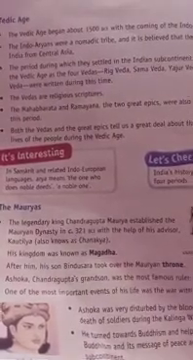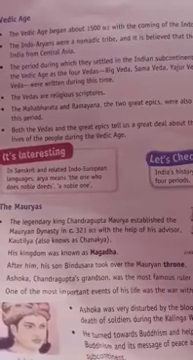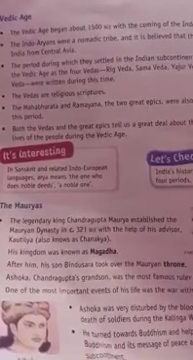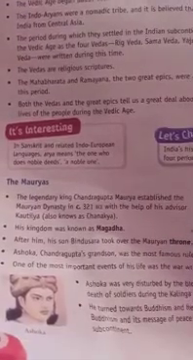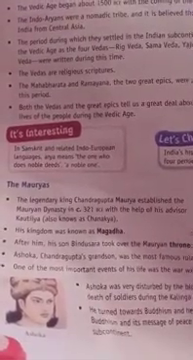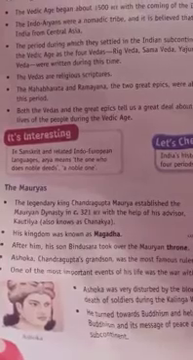After he left his throne, his son Bindusara took over the Mauryan Empire. It can also be called the Mauryan Empire, okay? And you might have heard about Ashoka. Ashoka, he was the grandson of Chandragupta Maurya, and Ashoka was known as the most famous ruler